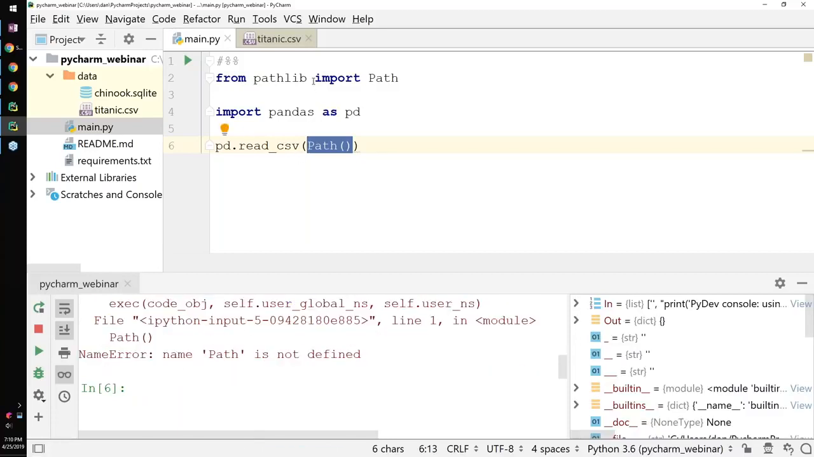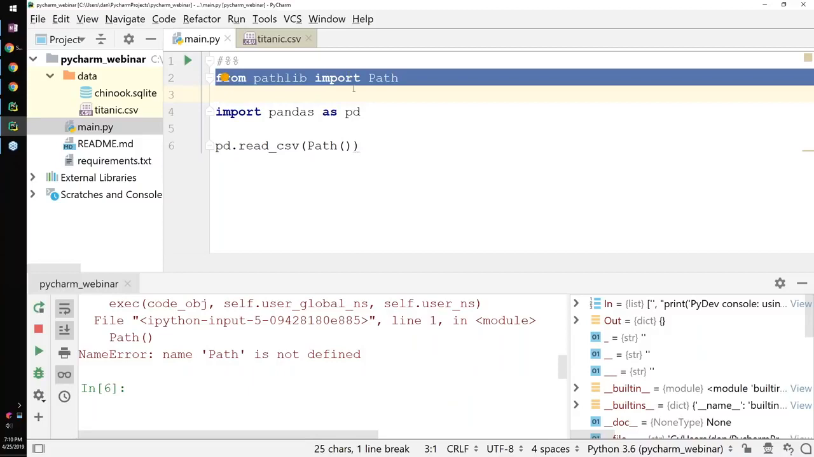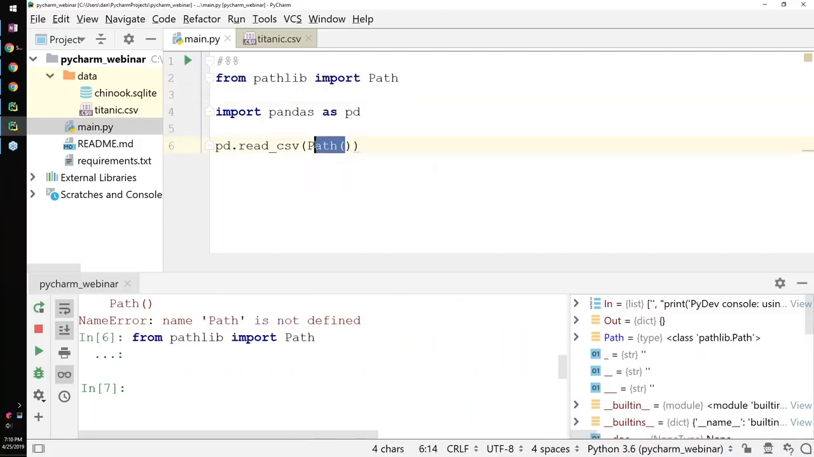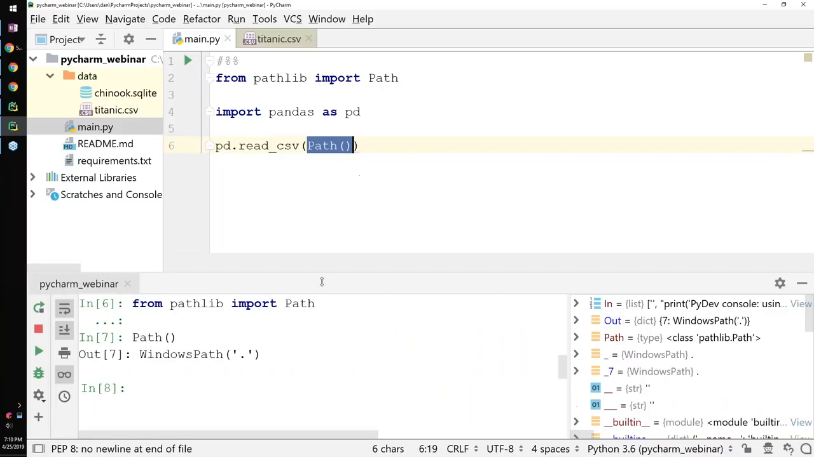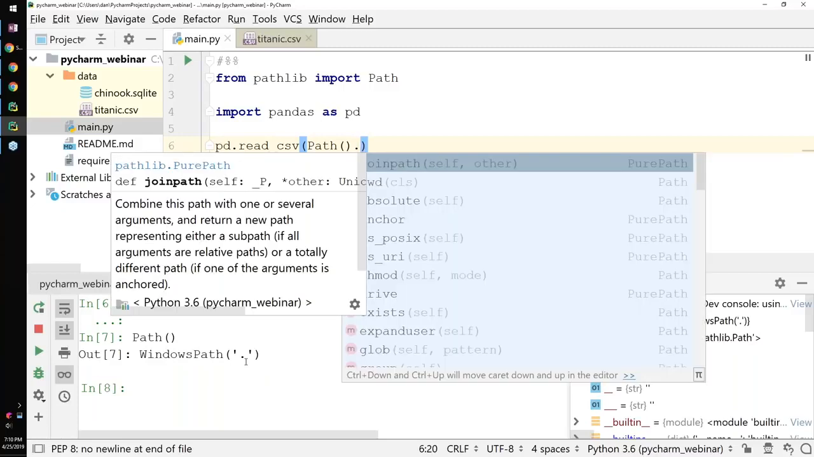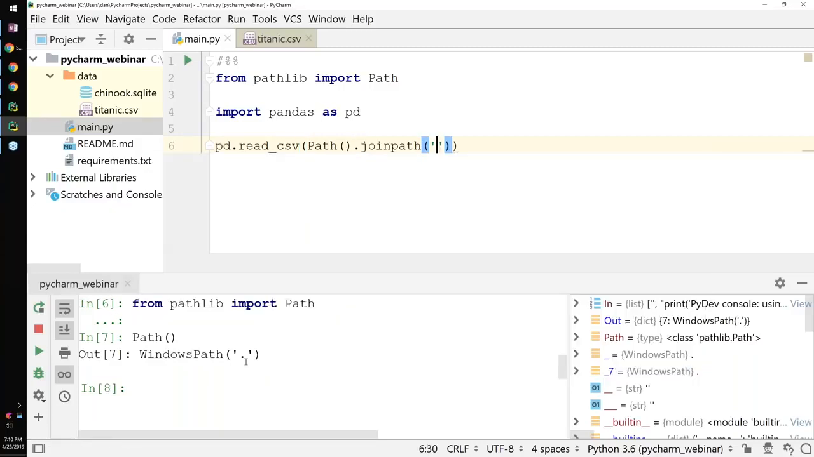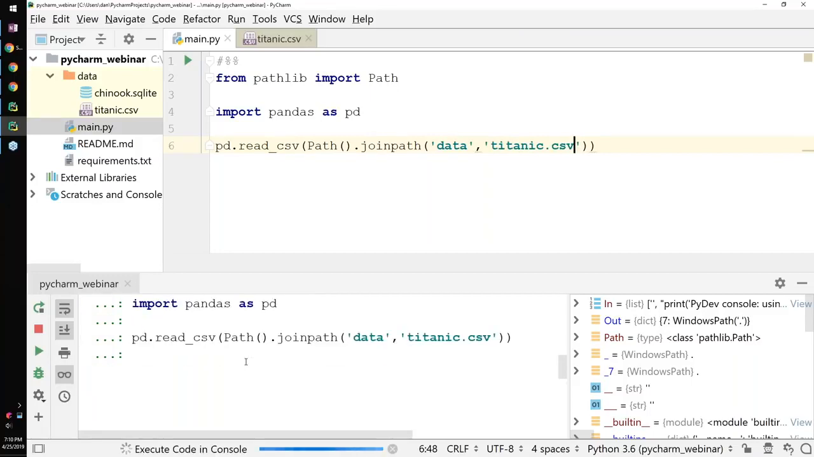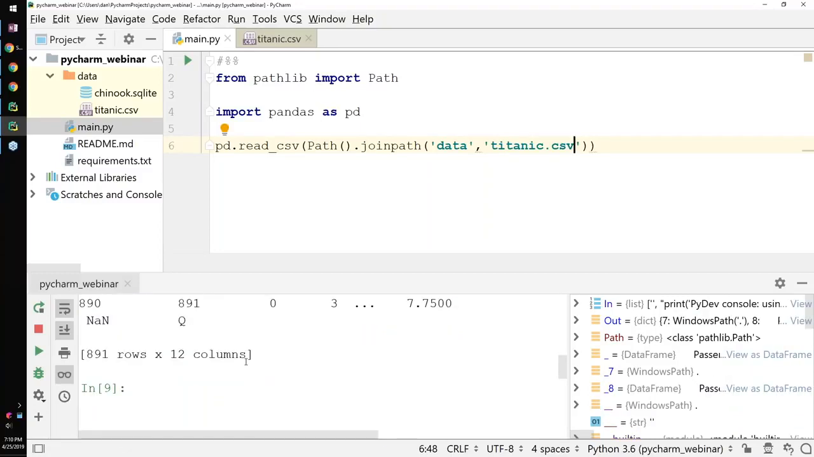And okay, I get an error. That's because I first need to run this statement and afterwards do the selection again. And it basically tells me that, hey, you're in the current directory. From here, I can join path and go to the data folder and then to Titanic.csv. Now, I'm going to run this. And yes, the data was